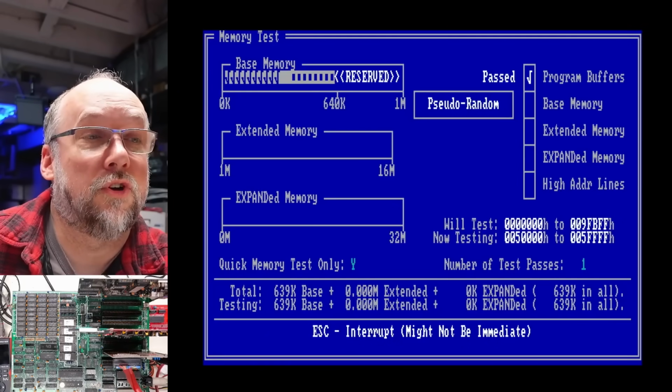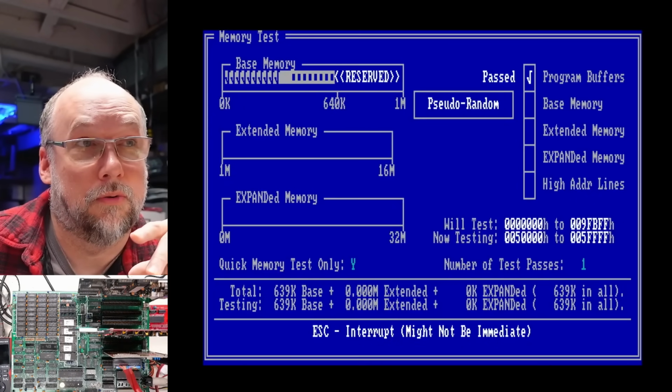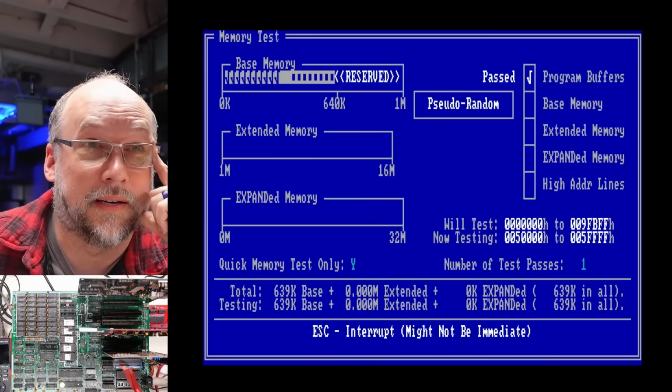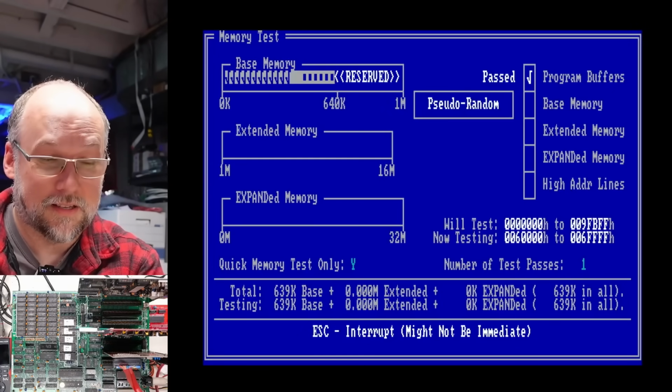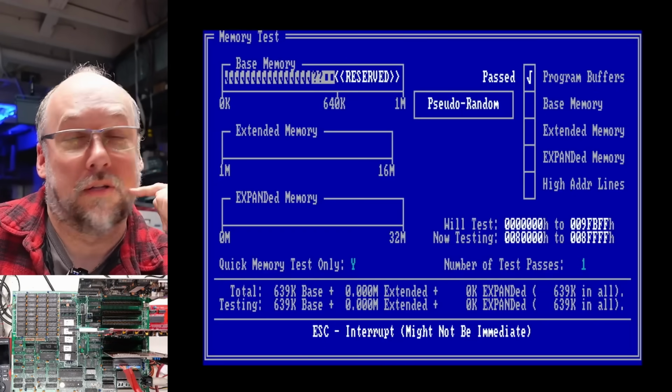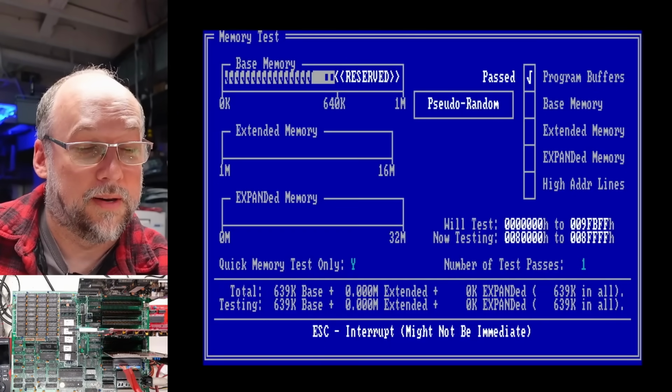Now, generally, if you turn off the quick test, it gives you a much more thorough RAM test. I think it's just doing a pseudo-random one right now. I mean, it's going though. It hasn't stopped yet. Now, while this runs, let's talk about the parity error problem again, that maybe it's the